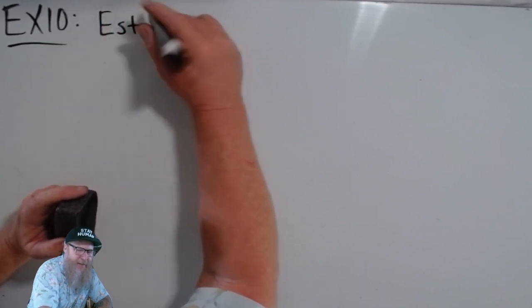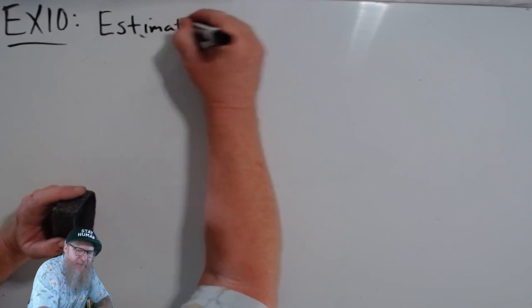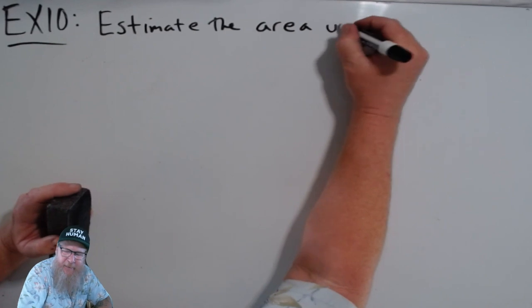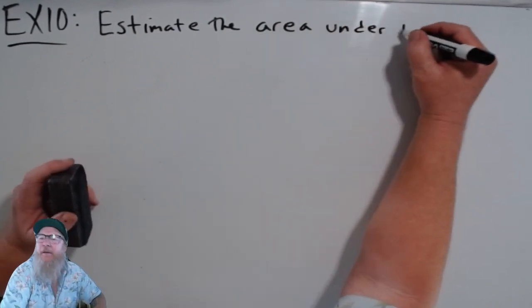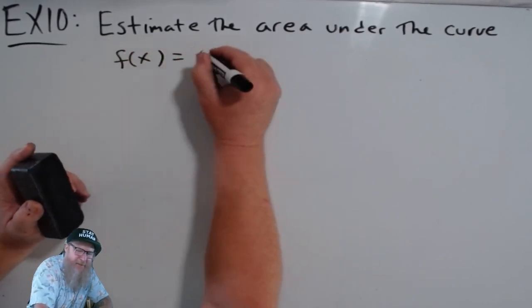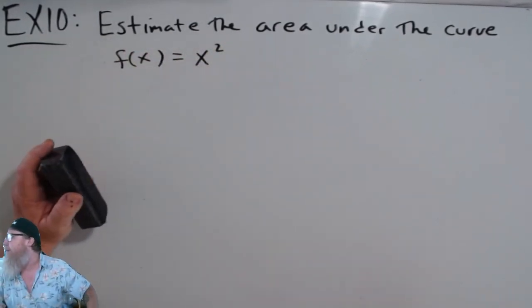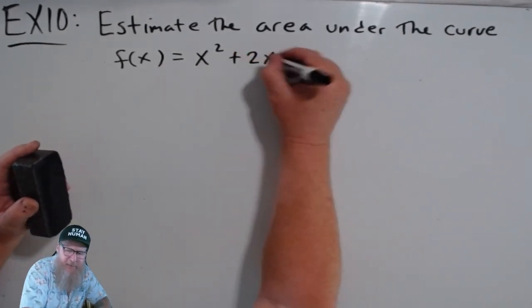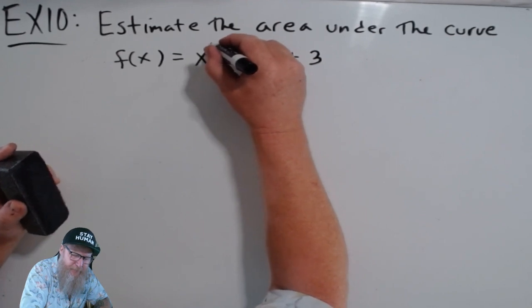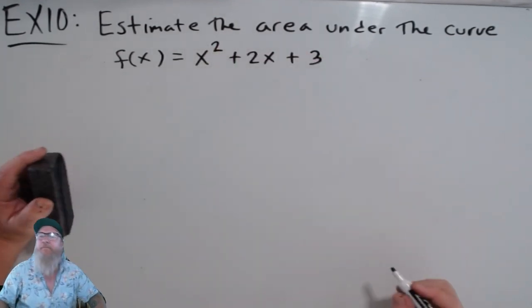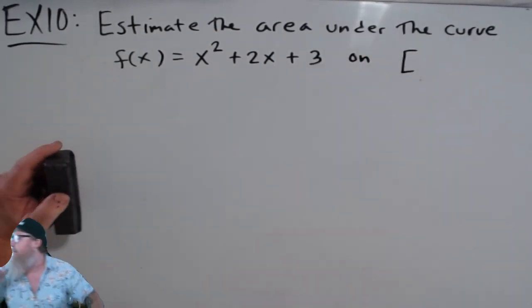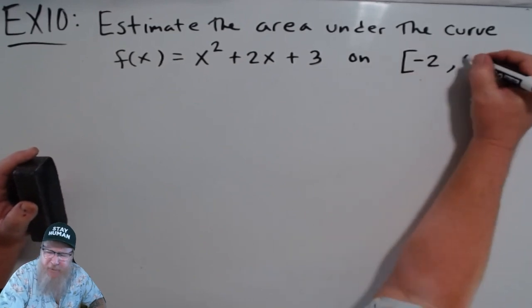Estimate the area, same thing as approximate, under the curve f of x equals x squared plus 2x plus 3 on the interval -2 to 4